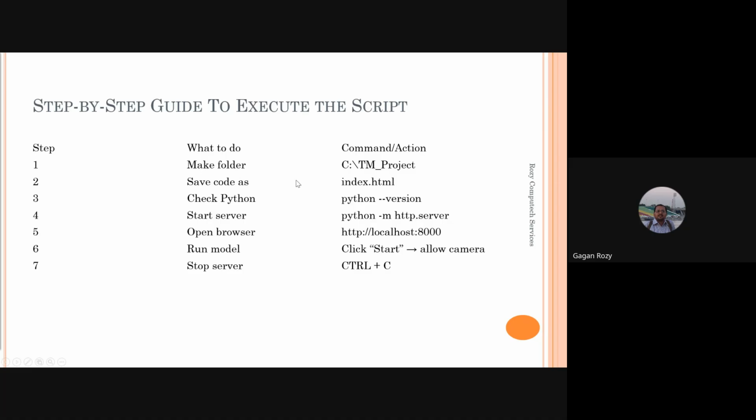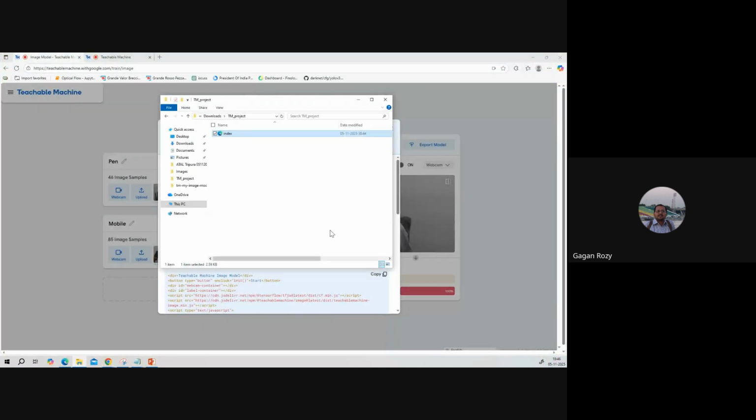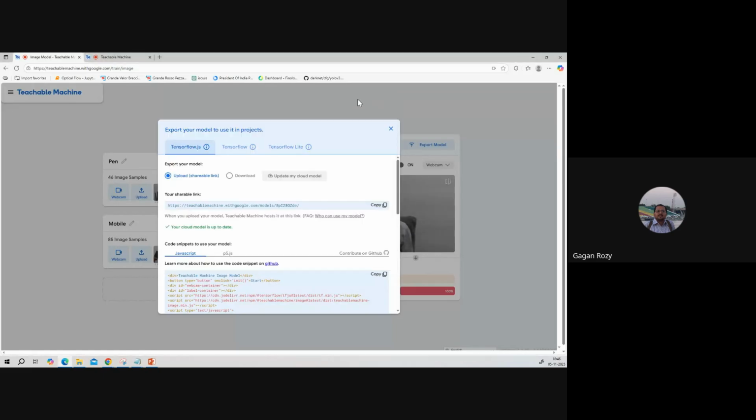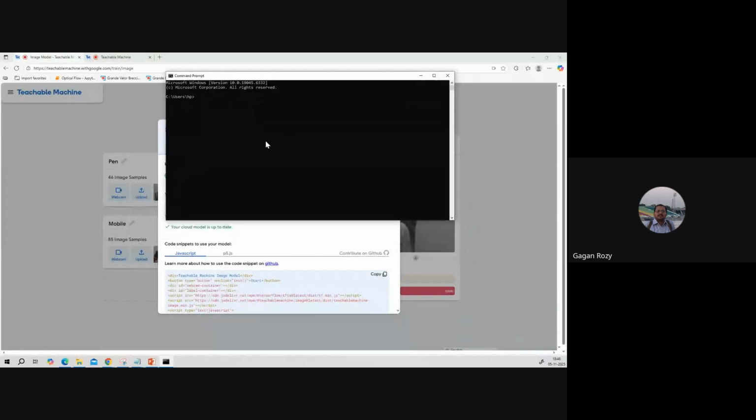Just save that file anywhere. Check the Python version, whether you have Python or not. If you have Python, start the Python server. Come to the link, and I will come to CMD. The command prompt is here. CMD is here, and in this CMD I will use